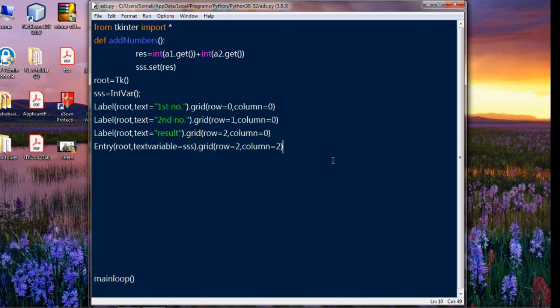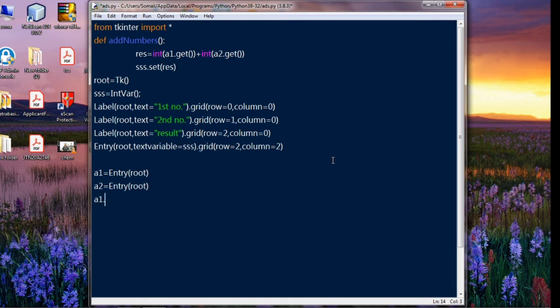Then for A1 equal to entry, root. Then A2 equal to entry, root.